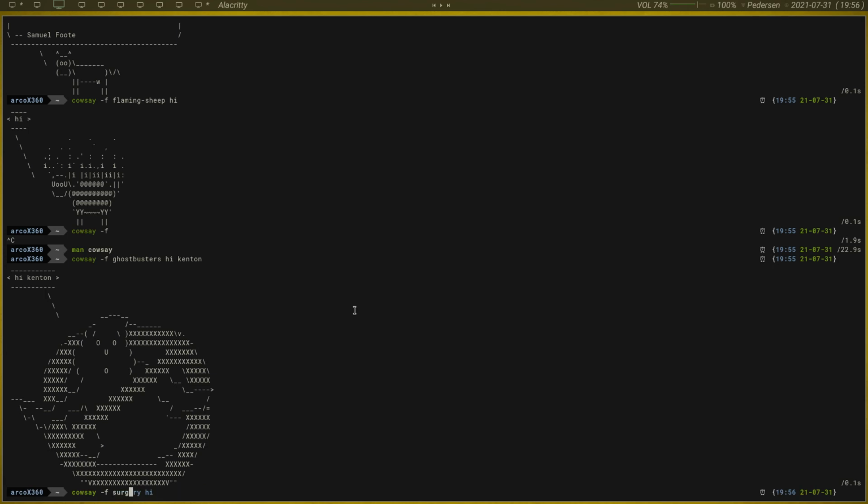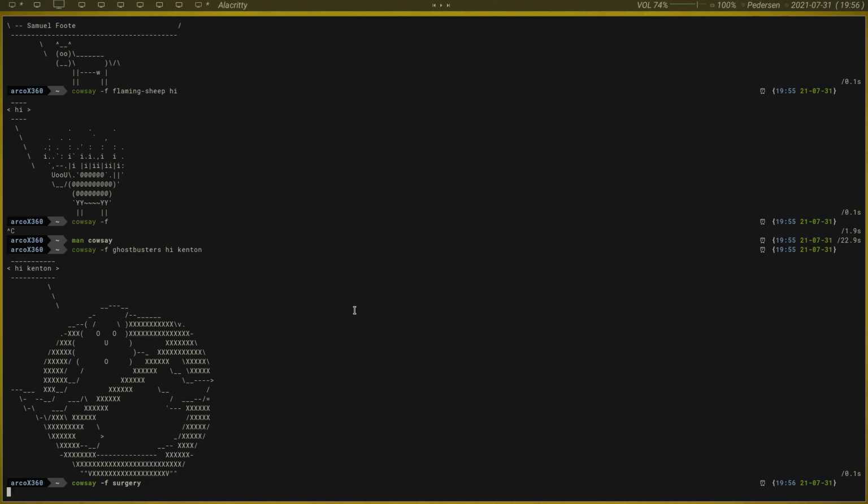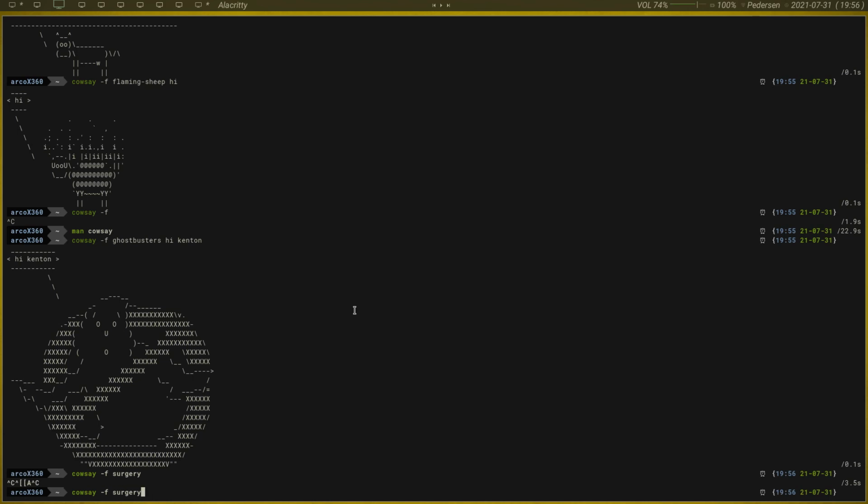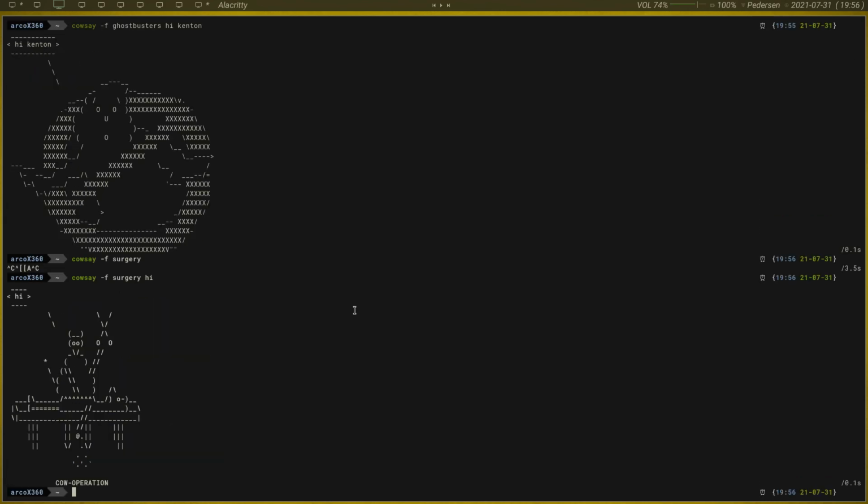So surgery. So we got a cow giving another cow surgery. I mean, there's just different little things. It's quite interesting. Now the last two I was gonna cover